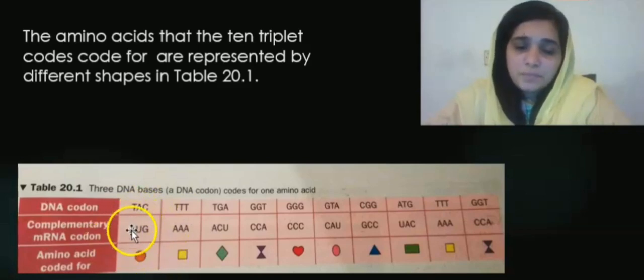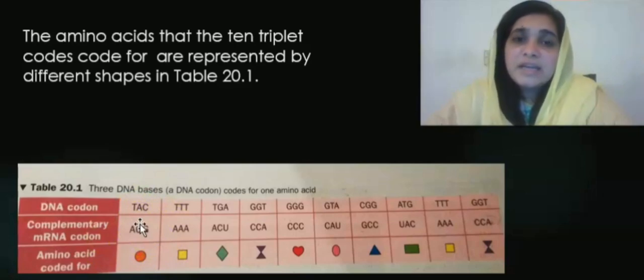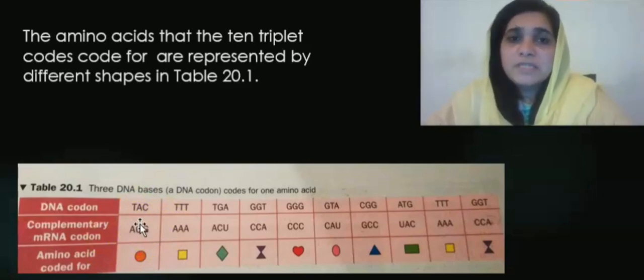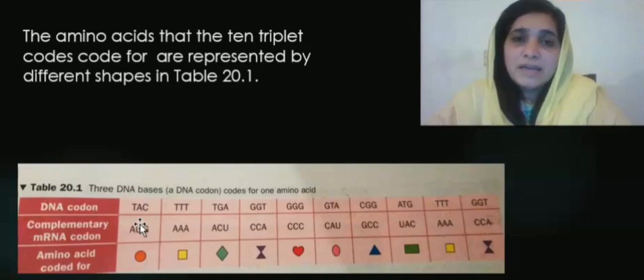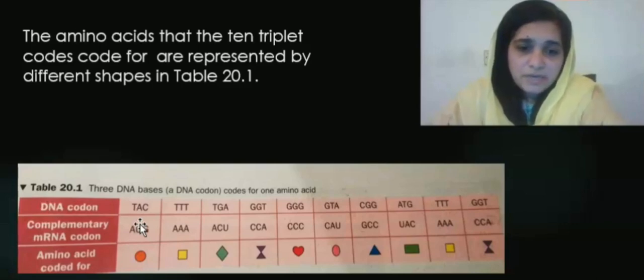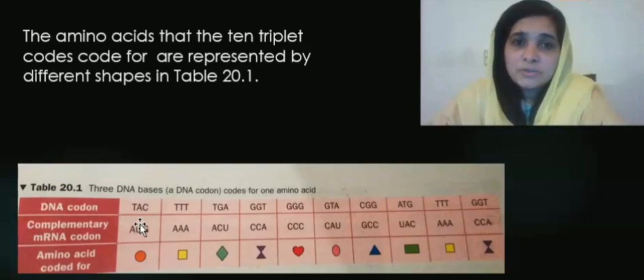Uracil is the base that is present in case of RNA. DNA contains 4 types of nitrogenous bases: adenine, guanine, cytosine and thymine, while RNA contains uracil. I will discuss in the coming slides. You will understand with the help of the table that shows the difference between DNA and RNA in detail.